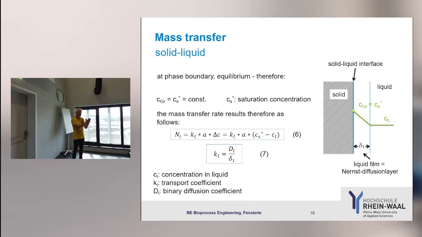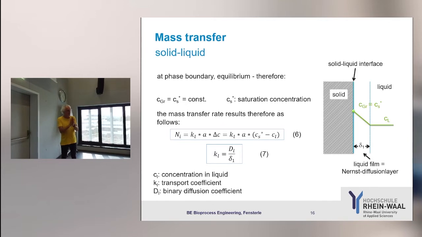And then I have this area where I have my film, and then comes the concentration in the liquid. And of course, the larger this distance is, so this gives you my delta C. This is the concentration gradient, and the larger this distance is, the longer it takes, because then the diffusion constant